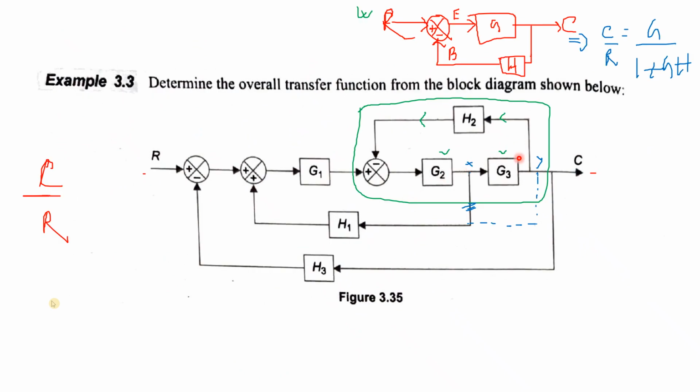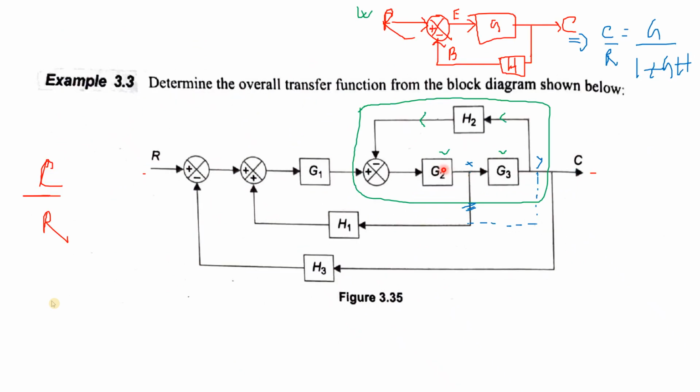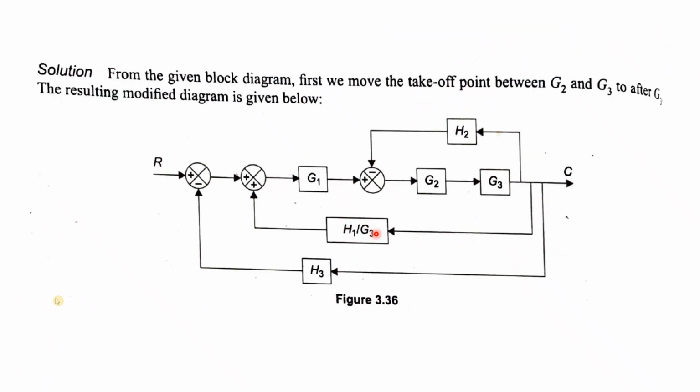So the same thing we will implement in this case also. We will shift this block over here to point X, so you can see it is shifted. At X the signal is G2, so G2 was entering H1. Now if I want to switch this point X to Y, then G3 will be multiplied. So this signal is G2 G3, and the G2 into G3 signal cannot be allowed to enter H1.